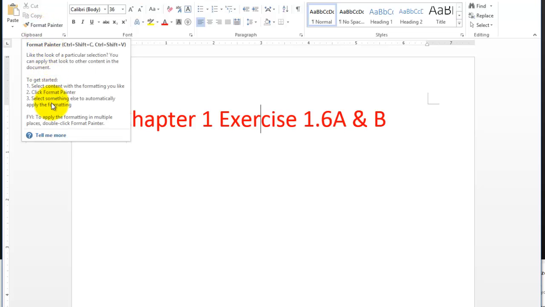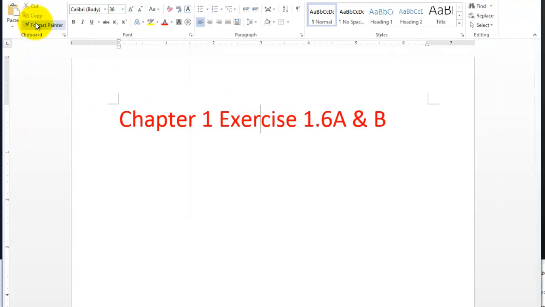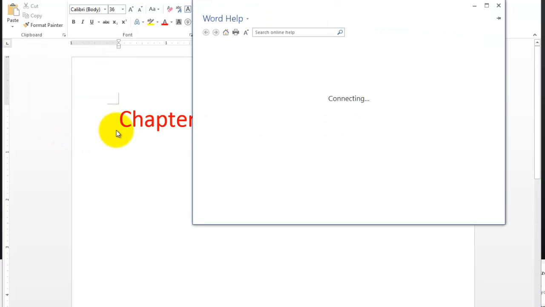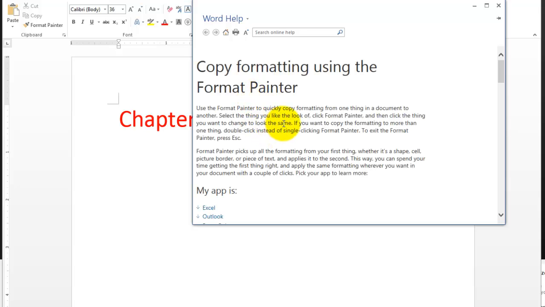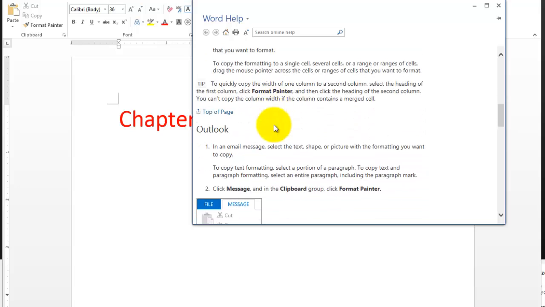Well, it tells you what it is. But if you want more information, let me close that. Hover over it, come down here, see that question mark? That's the help. Click on Tell Me More, and it opens up the Microsoft Word Help window, and it tells you more about